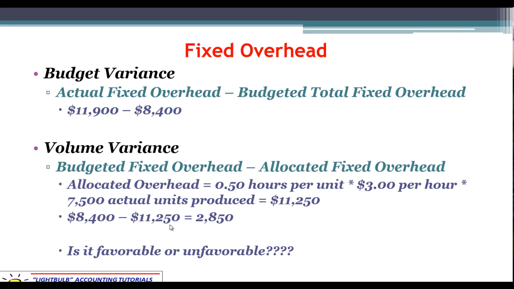That's a favorable variance. You'll see some textbooks that tell you they can't really call it favorable or unfavorable because it's not controllable by activity levels. But to me, we're managing our capacity more efficiently, and therefore it's a favorable variance. That's my take on the matter. And that takes us to the end of our discussion on variance analysis. Hopefully these calculations will help you through any problem you may see. I just tried to explain it a few different ways because I know different textbooks, different problems in general, including real life, give you this data in different ways. So again, hopefully this has helped, but thank you for your time.